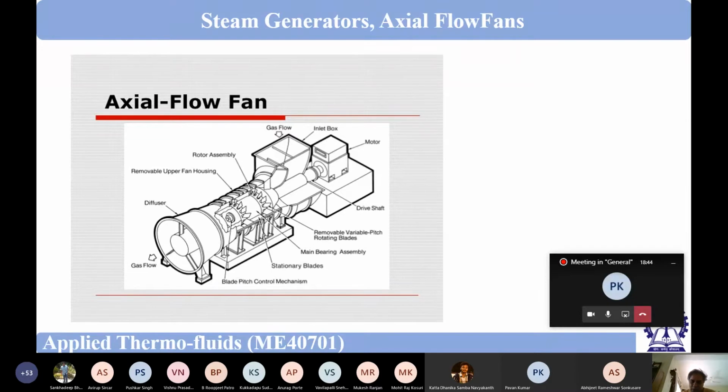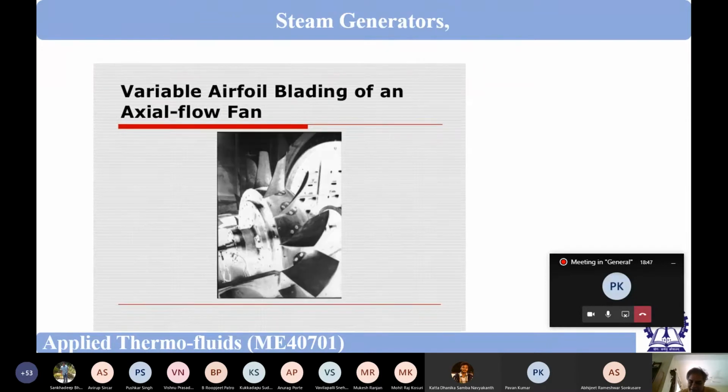Okay, so let us see this diagram. Here in this diagram, this is the axial flow fan. These are the blades attached to this drum or rotor. And you can see it is bolted, no? There are 4 bolts for the blades. And then you can see at the end, it is showing an aerofoil-like shape. So the air flow will be in this direction, the axial direction. So you can understand there is an angle of attack and all this.